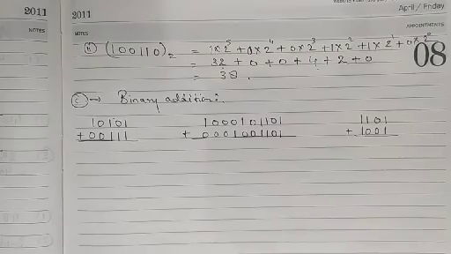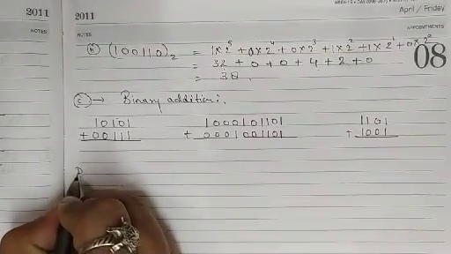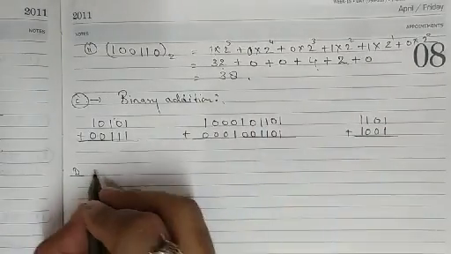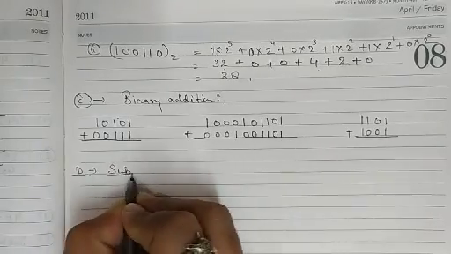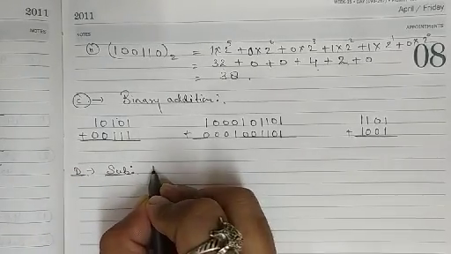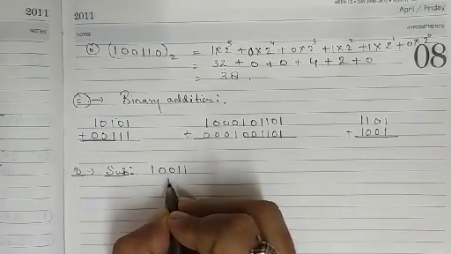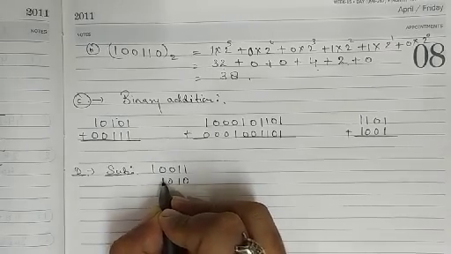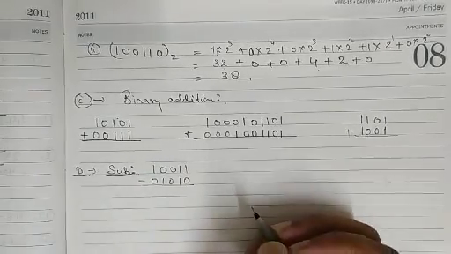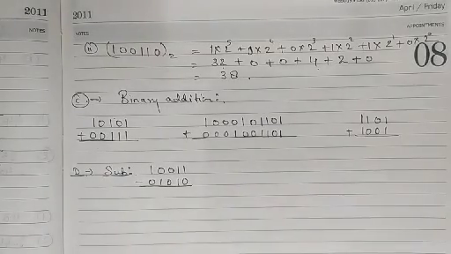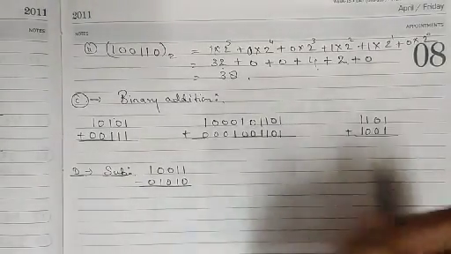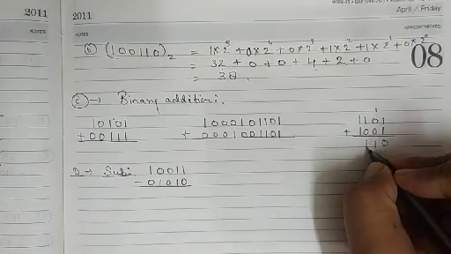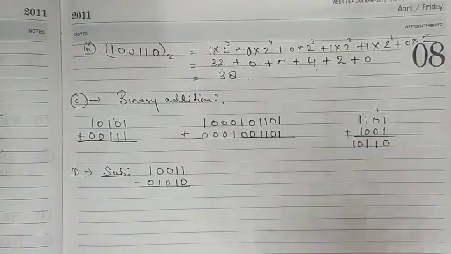Clear? Now we can look at binary subtraction also. Then at a time we are going to solve it. Right? First of all, we are writing the questions. This is for subtraction. See the questions. 3 parts are there. 1 0 0 1 1. Then 0 1 0 1 0. Right? Just see to it. Addition. See, 1 1 1 0 1. Then 1 1 1 0. So simple.